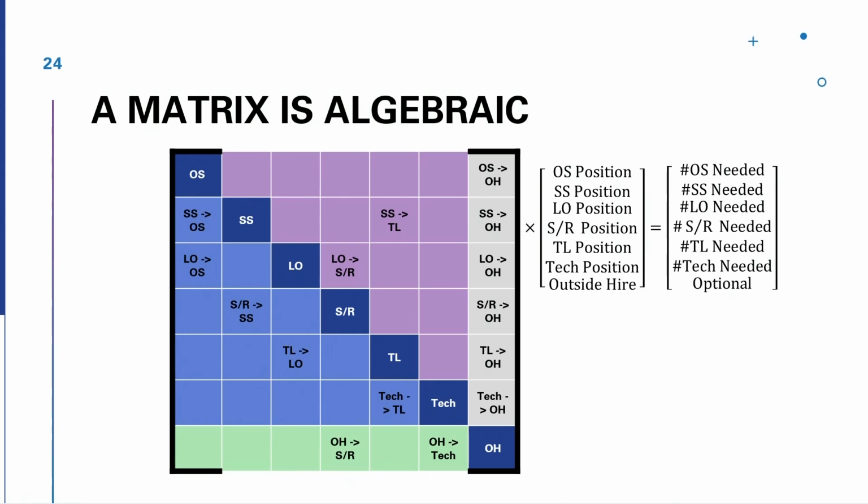But a matrix is now something you can actually do math and algebra on. So what we're going to do is take that matrix and multiply it by our actual positions, which are our variable, and the result is how many people are needed to go through each position to achieve our goal. Okay? And if anybody here is technical and interested, the outside hire element has a few extra considerations that I'm open to discussing separately from this.